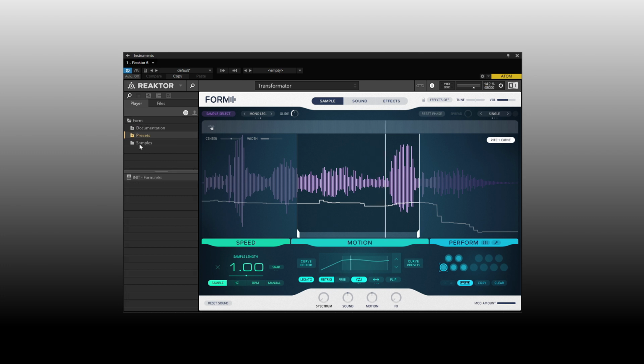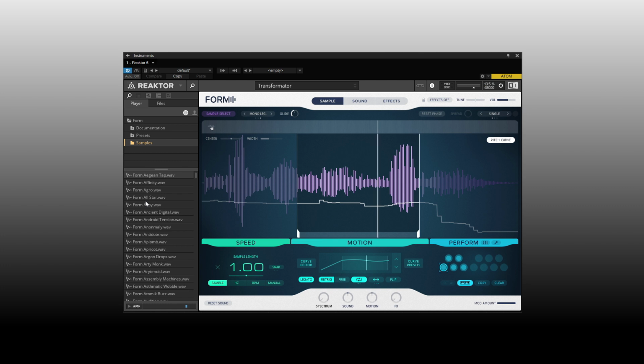Let's go ahead and collapse that folder back. Now, the last folder is the audio samples that are included with Form. So in this way, we can access any of the samples that come with Form to manipulate these ourselves beyond what's been done to them in their use in the presets. So if we click on a sample,